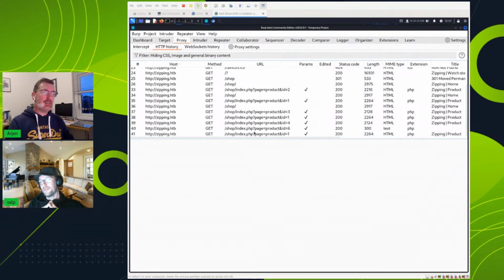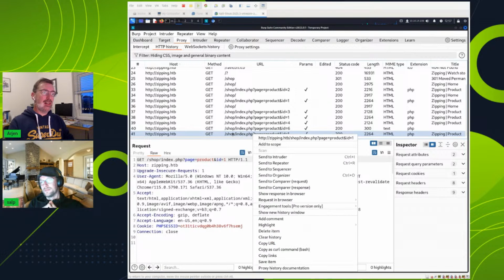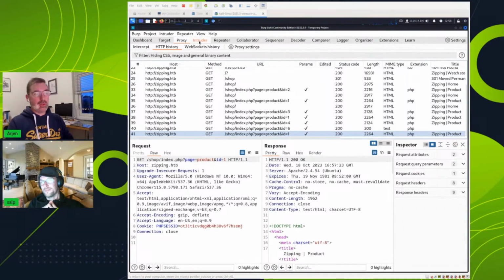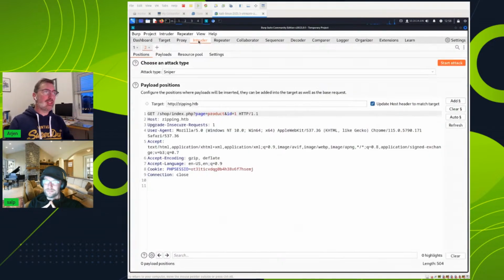But we can also give it a try within Burp and do the send to Intruder. The send to Intruder will send the request to the Intruder tab, and it will allow us to actually explore this page. What we want is this ID to be something that we control, that we can add a variable to. So we do that through this add